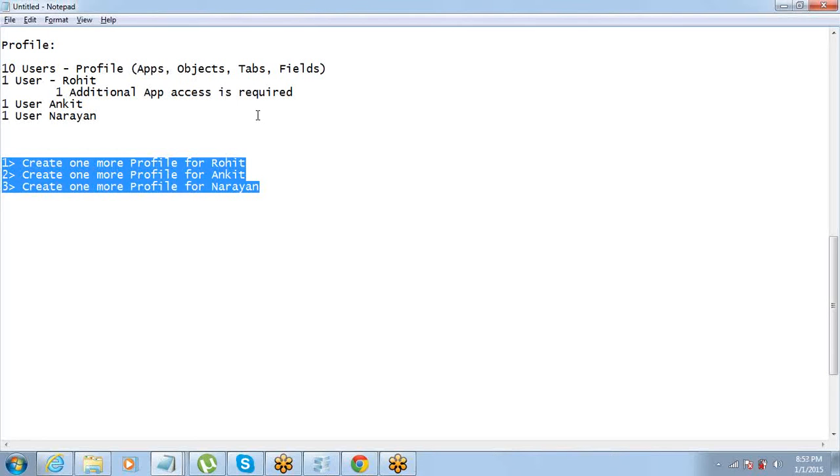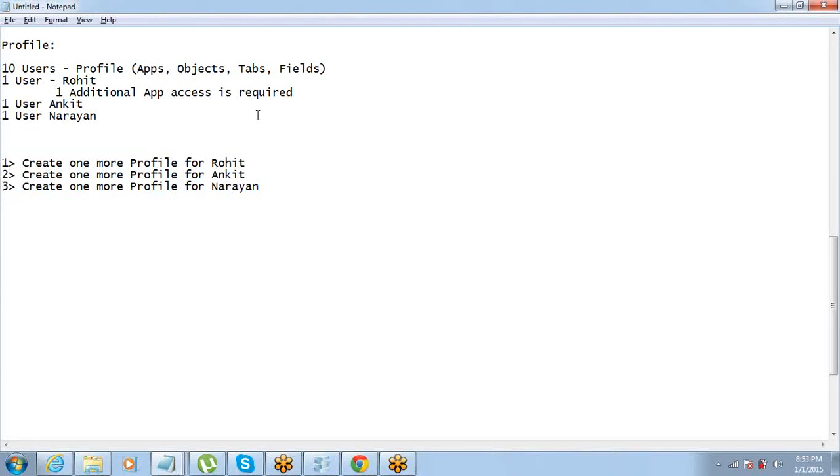So for that reason, what Salesforce has done, they have allowed us another thing which is called a permission set. Okay, permission set is also a collection of permissions.